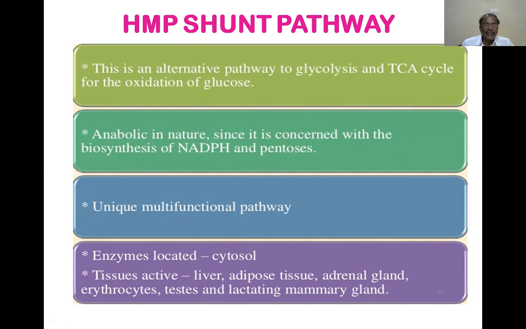And this energy is in the form of NADPH. These are also called reducing equivalents. NADH and NADPH are called reducing equivalents. One produces energy, and the other produces the energy required for joining of molecules. This HMP pathway is anabolic in nature, producing NADPH. Since it is concerned with the biosynthesis or production of NADPH and another important substance from glucose, these